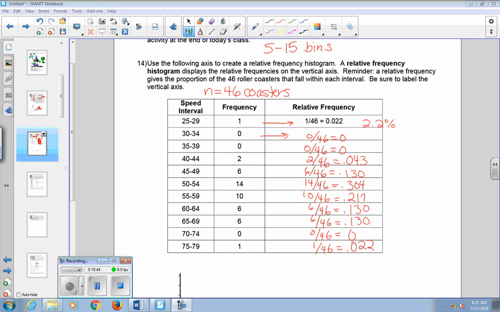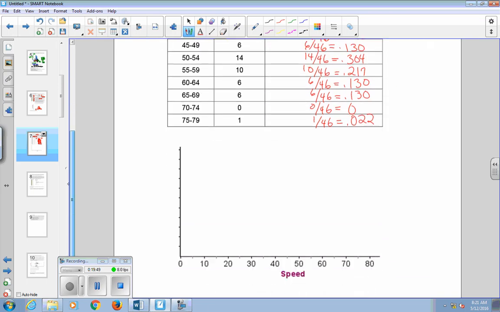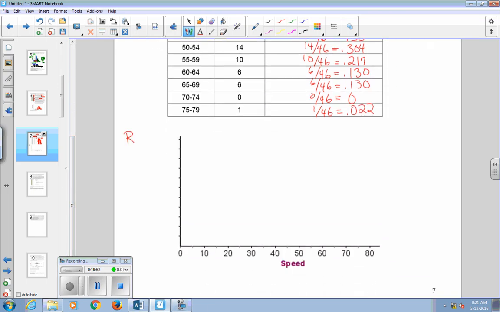Okay, so I have those relative frequencies filled in now. And we're going to include those in our relative frequency histogram down here. So note that the vertical axis is now going to be labeled as relative frequency. You could also put proportion or percent. All right, our horizontal axis still has the speed. We want to label these. So we need to go roughly up to, I think 30% was our largest one. Let's say this is 10%, 20%, 30%,